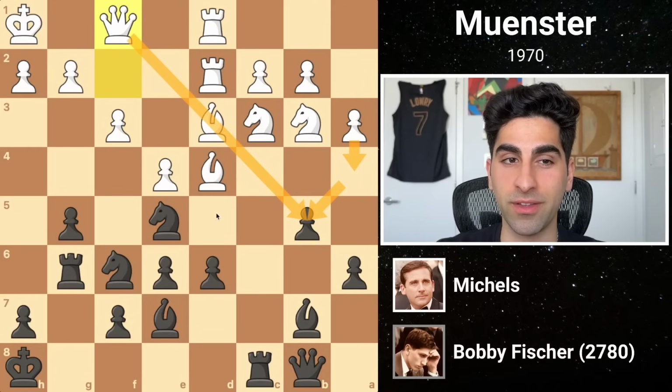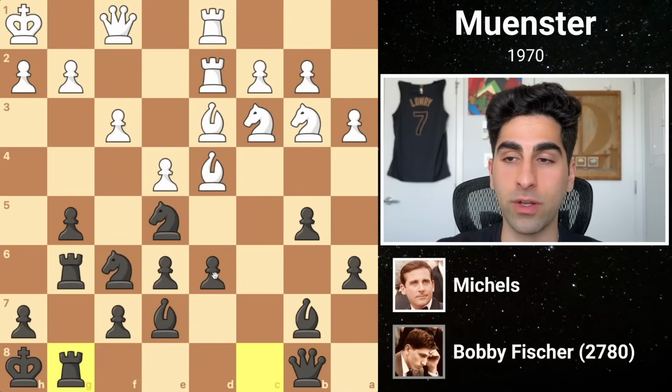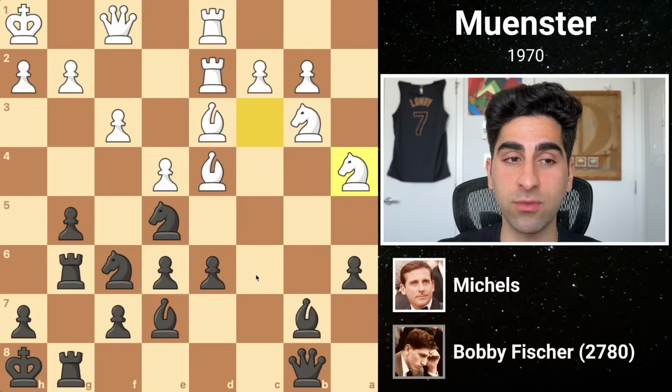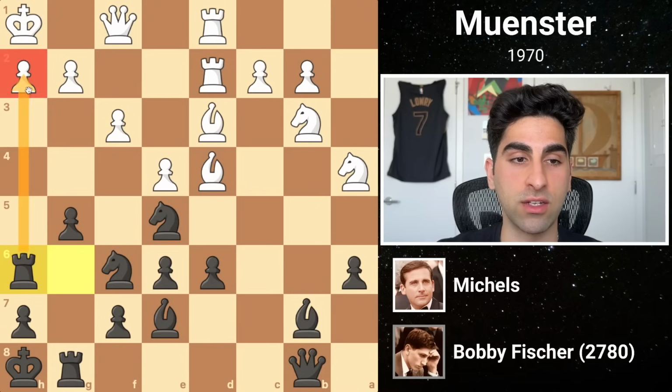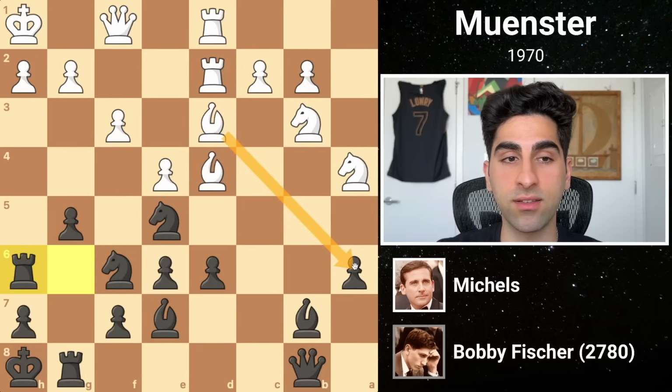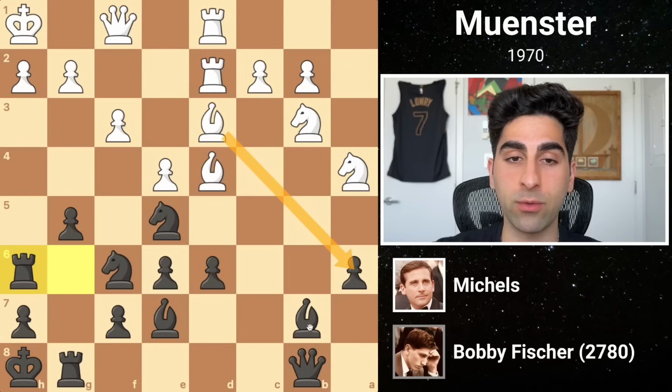Fischer's not worried about these ideas, as he starts turning his attention all towards the kingside with rook c to g1. White's a4 is met by a capture, and once the knight recaptures, black shifts his rook to h6, pressuring the h2 pawn. Now, although white can take the pawn on a6, it would be dangerous because black would exchange